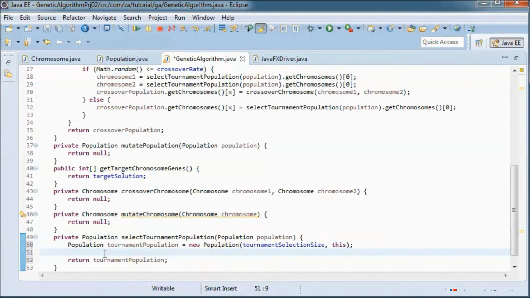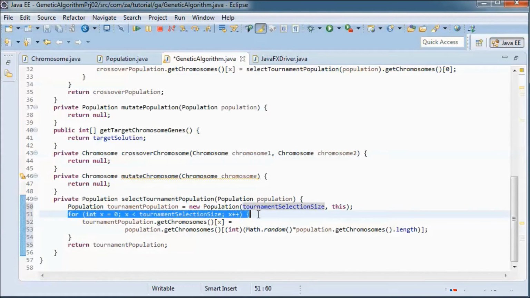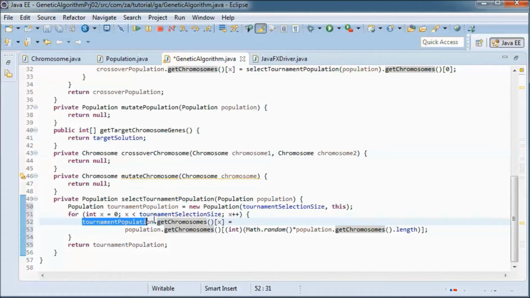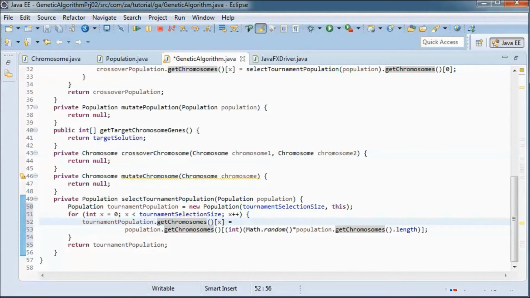But first we will populate it. So we will loop from 0 to the tournament selection size, and we will populate this tournament population from the old population based on a tournament selection.